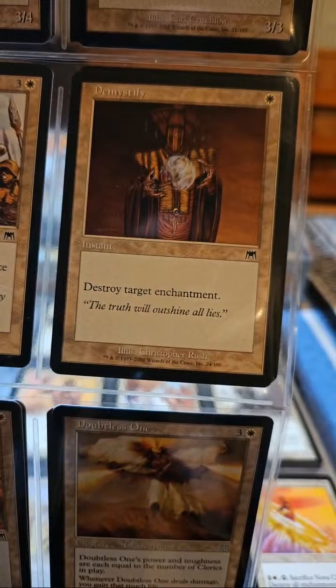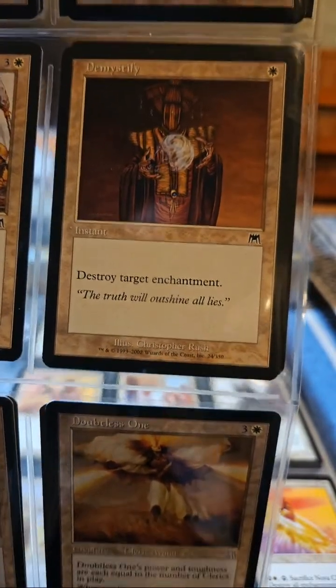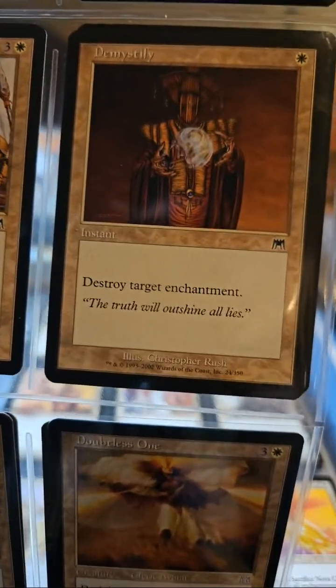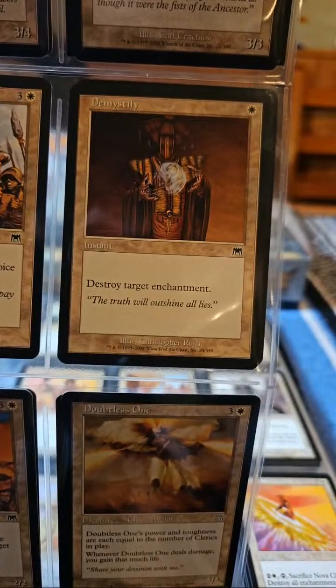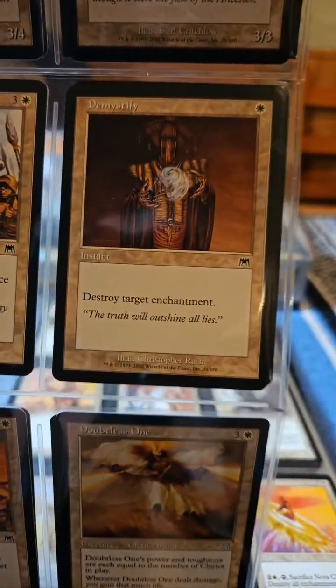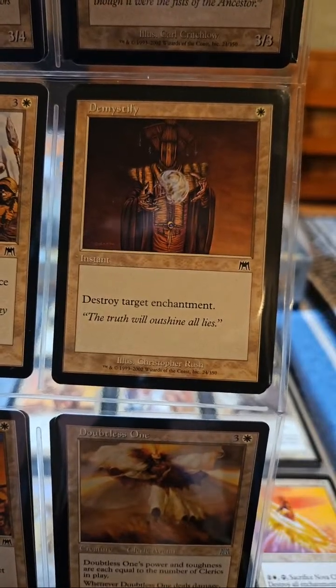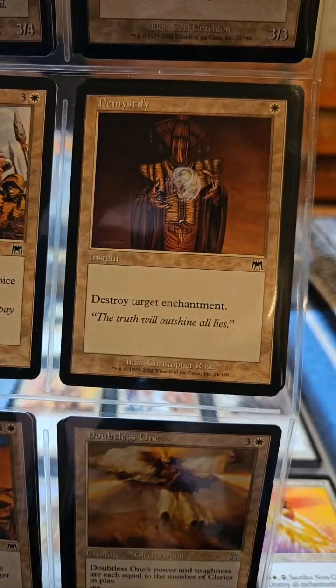Demystify, destroy target enchantment for 1 white. Pretty basic. And again, this set marked the shift, as we'll see when we get to green too. That white has always had ways to deal with artifacts and enchantments in the early sets, and green was locked into destroying enchantments. Well, they made it a little bit...